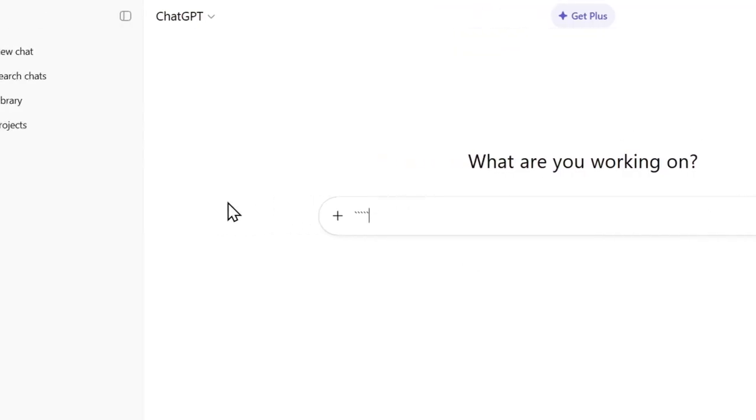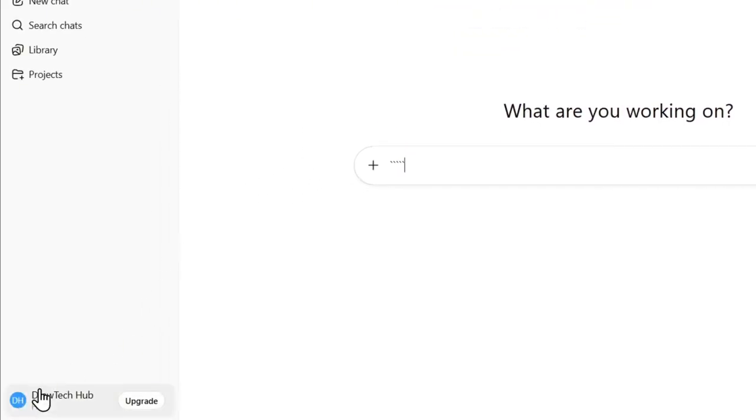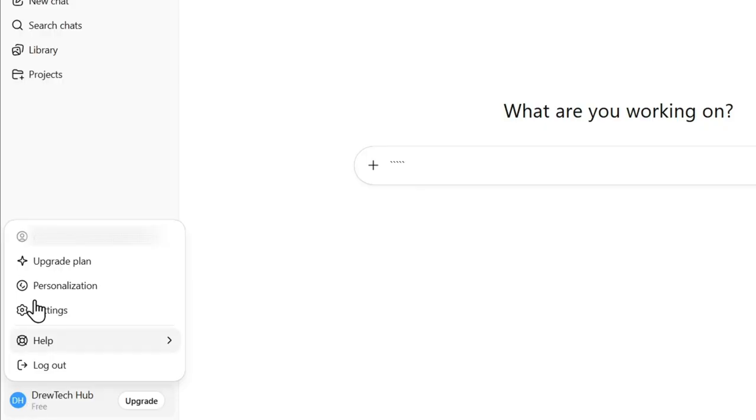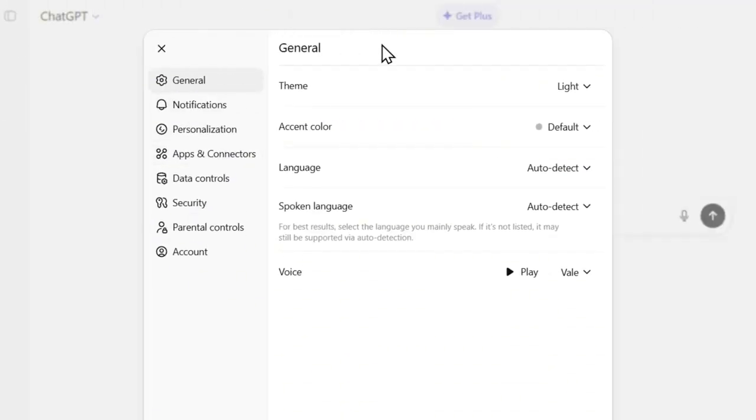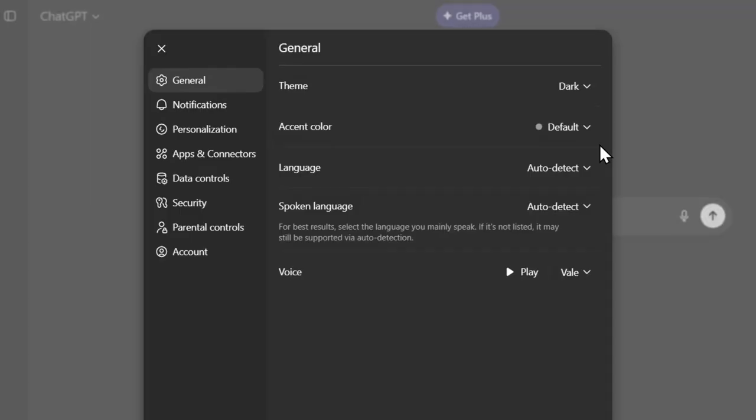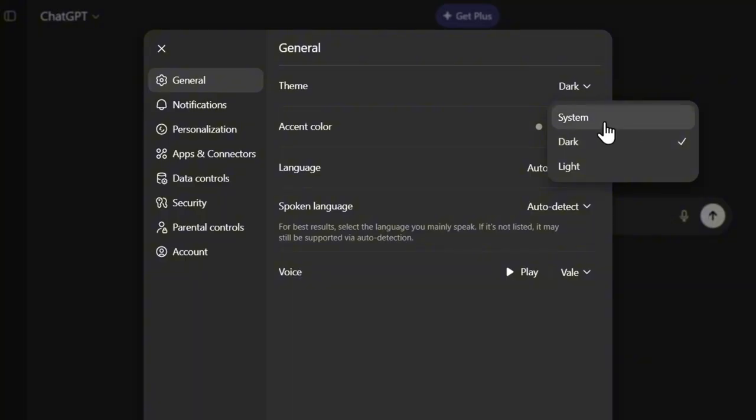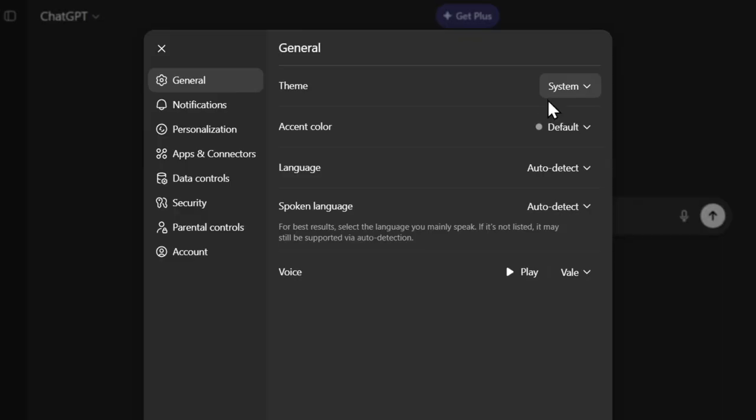Once you're signed in to ChatGPT, just go ahead and click your account on the lower left hand side of your profile, then click on settings. Under general you'll find theme. Currently mine is showing the light theme, but if I click the drop down I can choose dark theme as well. Keep in mind that when you first install ChatGPT, it will show you the system theme,